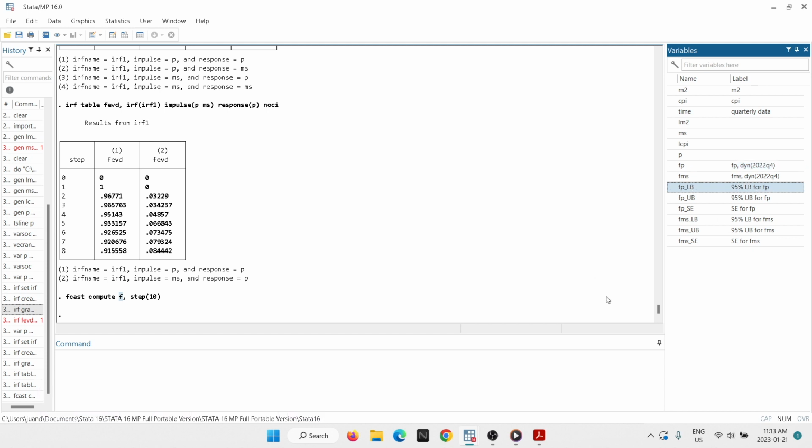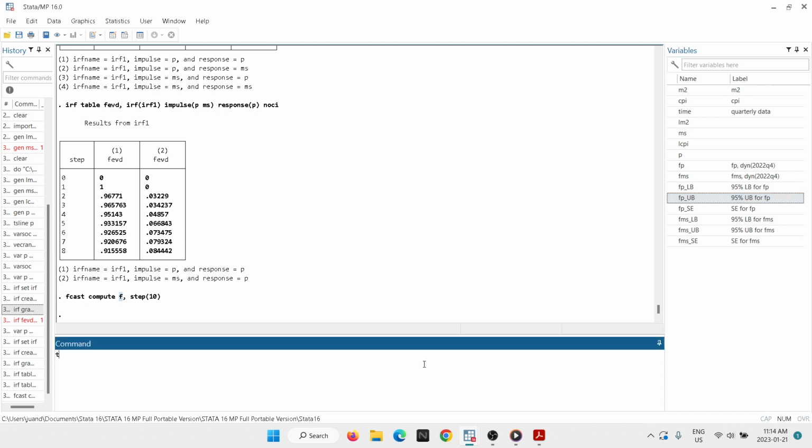And this LV stands for the lower bound of the confidence interval, and this stands for the higher band, the upper band of the confidence interval. So I want to show you, for example, if we type tsline PFP,